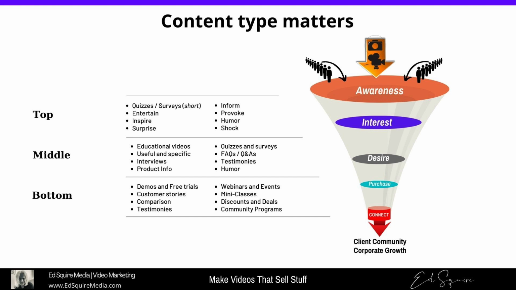I've said before that content type matters in the top, middle, and bottom. Top is lead generation. Middle is lead nurture. Bottom is lead conversion. These types of categories, these types of topics, these types of videos you can make at the different levels. Some of them are duplicates in the first and the second. The point is, I want you to be aware that there's different types of content in each of the levels